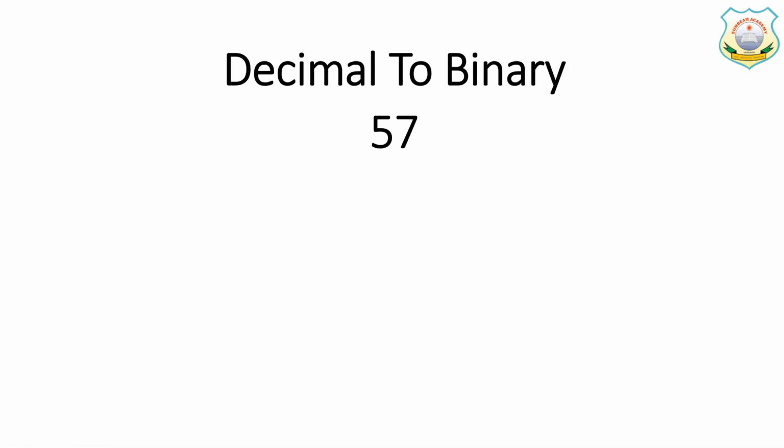So any decimal to binary, decimal to octal or hexa, the procedure is to divide the number. If it is decimal to binary, we divide this number by 2. Please understand why 2: because the base value of binary is 2. Why is it 2? Because there are